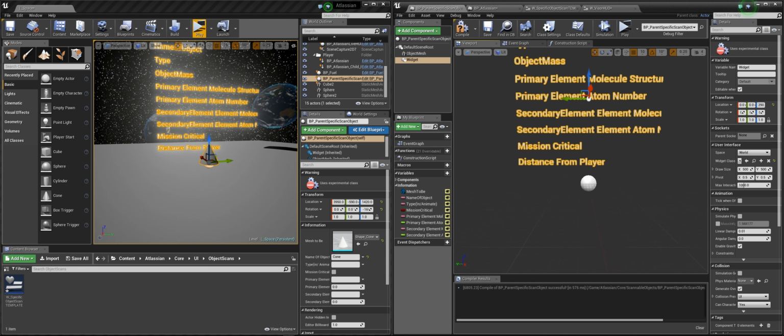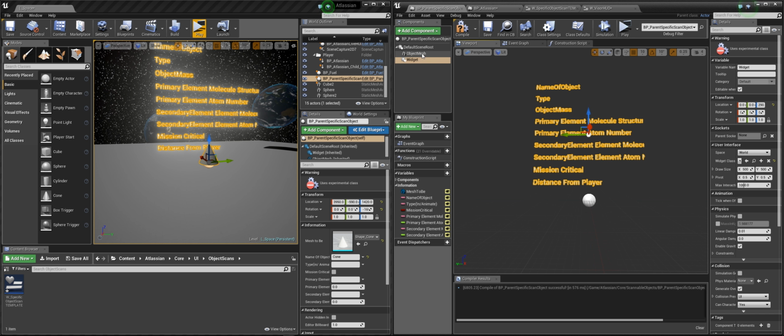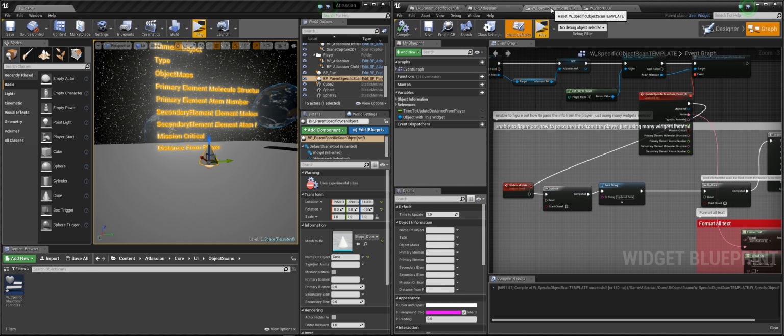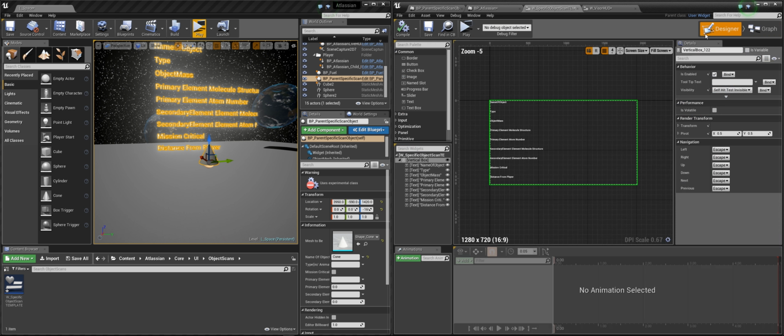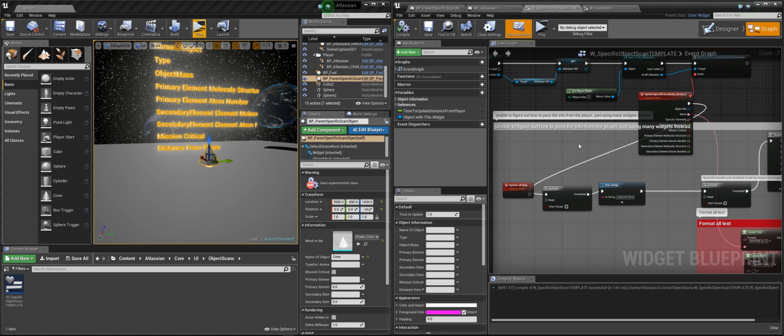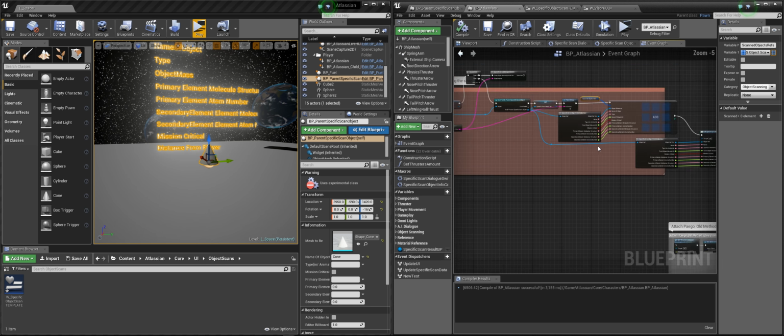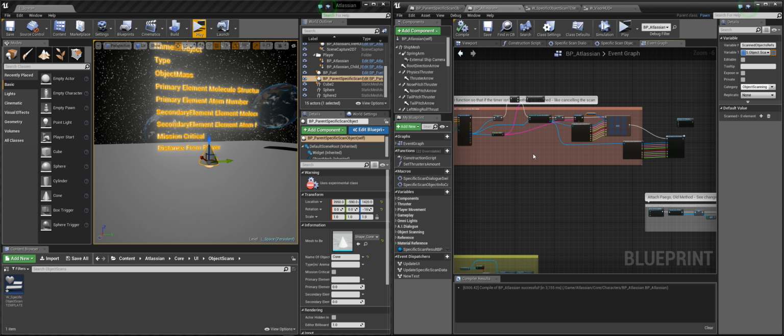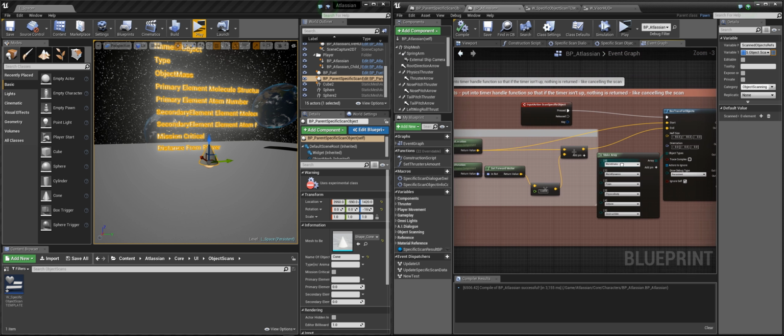So what it is, it's just a widget as a component within the blueprint, and the widget is here. So the widget's here, and what I first tried to do was I tried to use event dispatchers. So I'll take you through this bit of